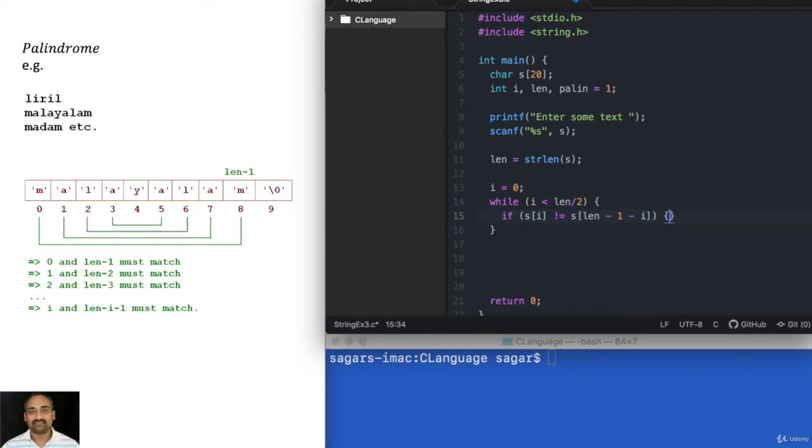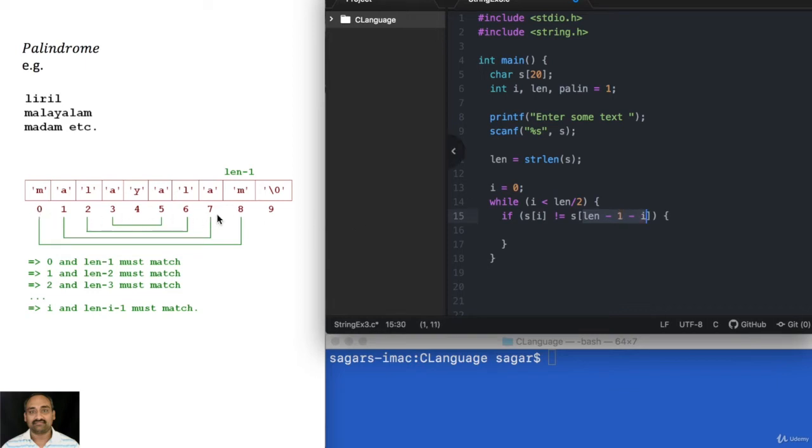So then what happens? Just check this case here. S of I is 0. Yes. S of 0 is not equal to S of length minus 1. Length is here 9. So the actual string length is 9. 9 minus 1 is 8. Length minus 1 minus I, that is 8 minus 0.